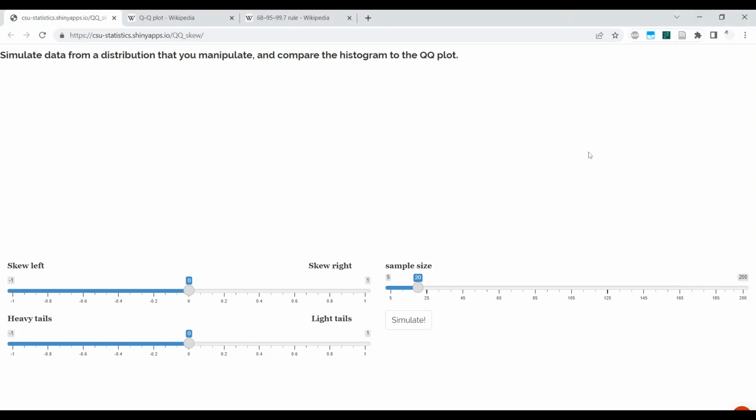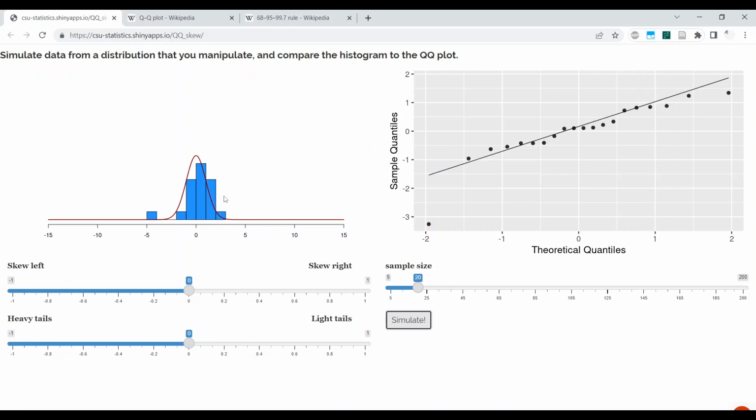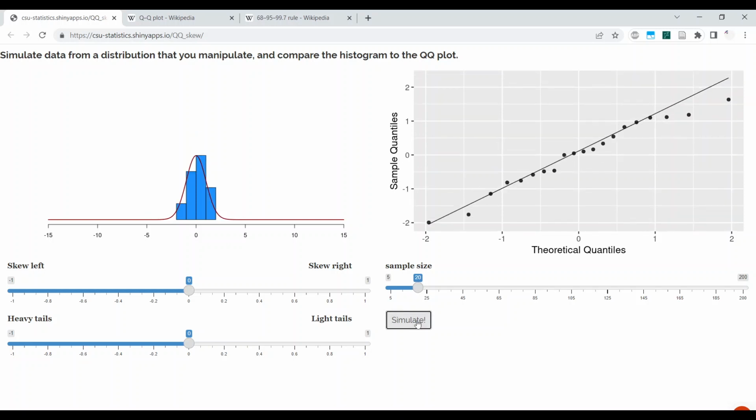Okay, hi. In this video, I'm going to show you how QQ plots work and how to use them using this here app. There's a link in the description. First, I'm just going to hit simulate here and show you really quickly what it does. For those of you who know how QQ plots work already, I can keep hitting simulate and it'll crank them